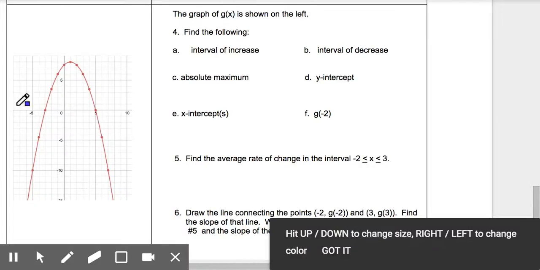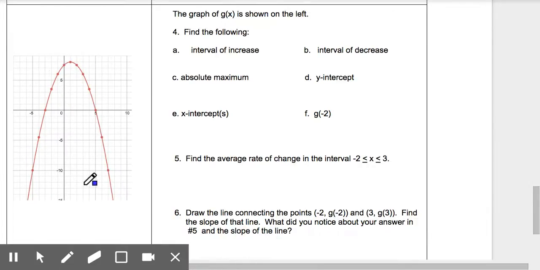We are going to use the graph of g of x as shown here to find the following. So first, we want to find the interval of increase. If we notice, the graph is going up, going up, going up. It reaches the highest point, and then it starts going down, and it keeps going down, and we don't see it coming back up. So the interval of increase is from the leftmost all the way to the highest point, which is